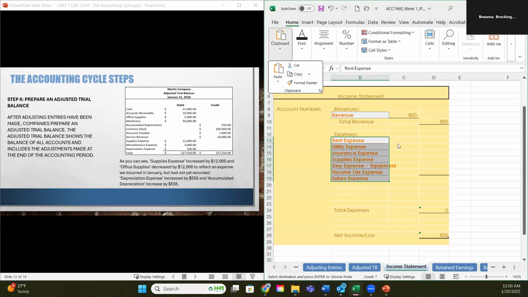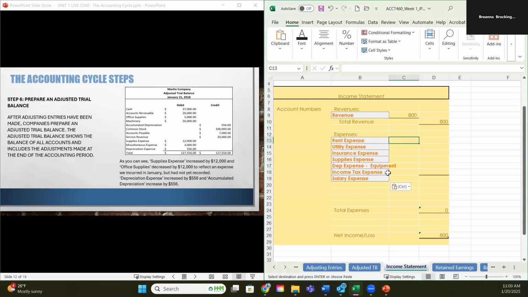And you'll do the same thing, except this time you would copy the balances. Don't worry about that. That's just a no-liner. But then you would copy all of your amounts right here. And as you copy them in, you'll see it slowly add your expenses and subtract them from your net income. So as you put your numbers in here, they're going to automatically sum to right here. And then they'll automatically subtract your expenses from your revenue,